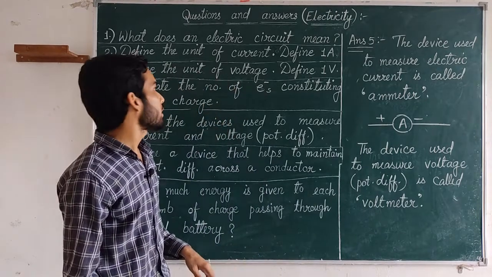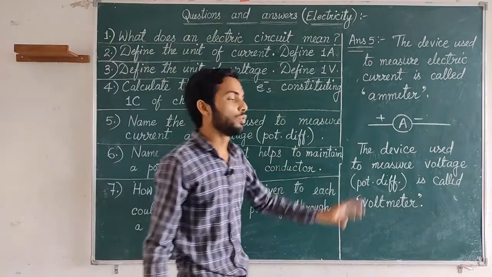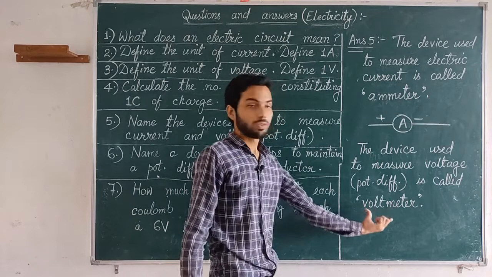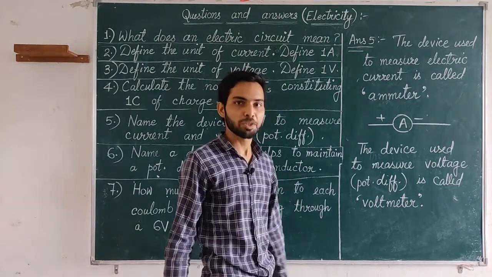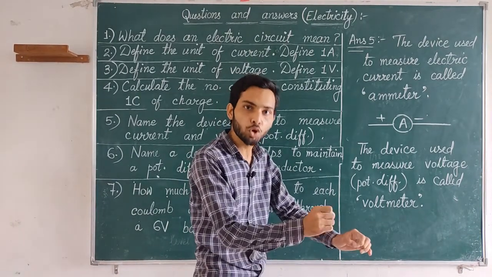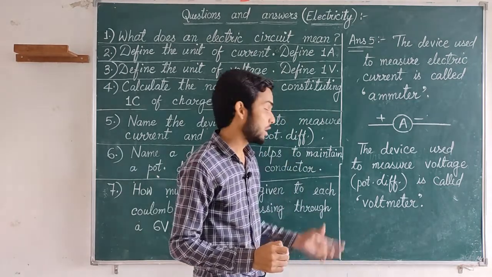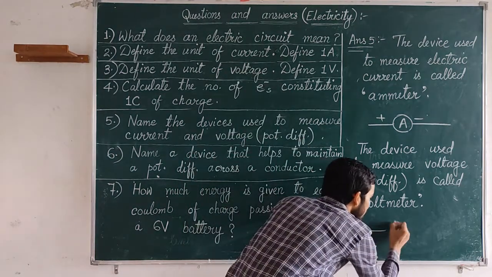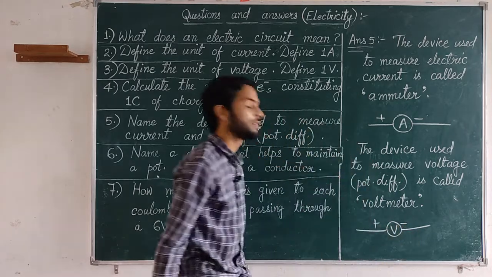Voltmeter is the device which is used to measure voltage across the two terminals in a circuit. Okay, so this is also an electrical instrument. And what is the symbol of voltmeter? If we are making a circuit diagram in our notebook, then how can we represent voltmeter in short form? How can we symbolize it? The symbol of voltmeter is like this. This is the symbol of voltmeter.